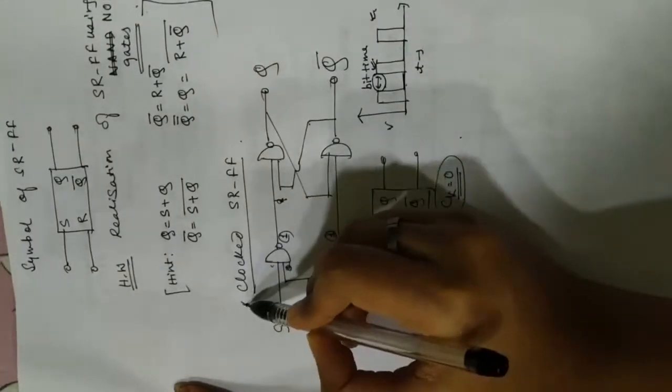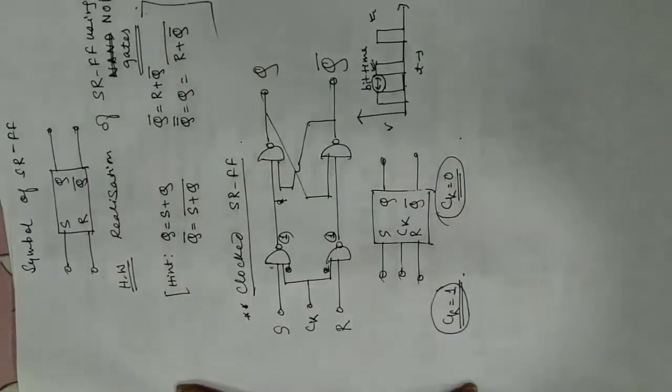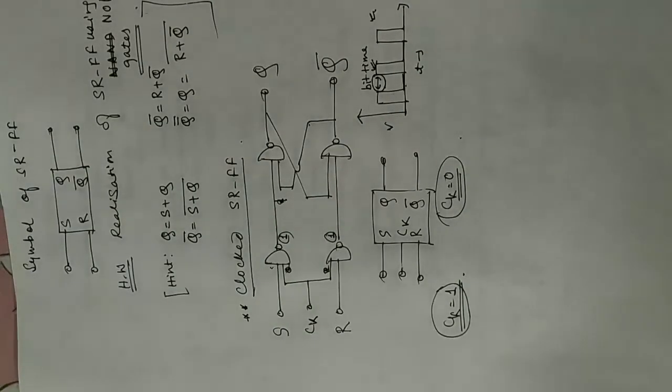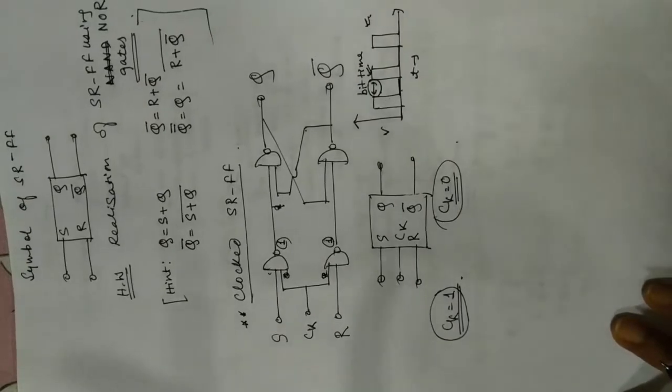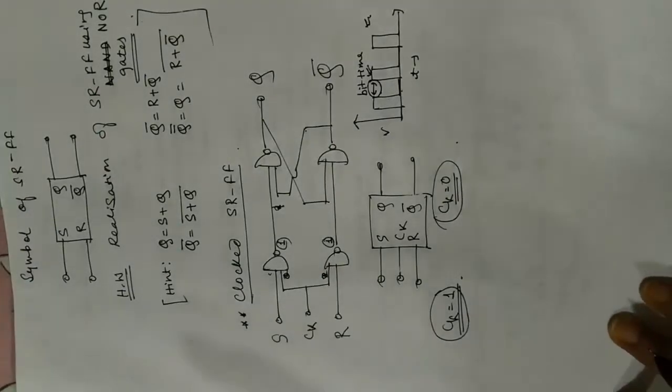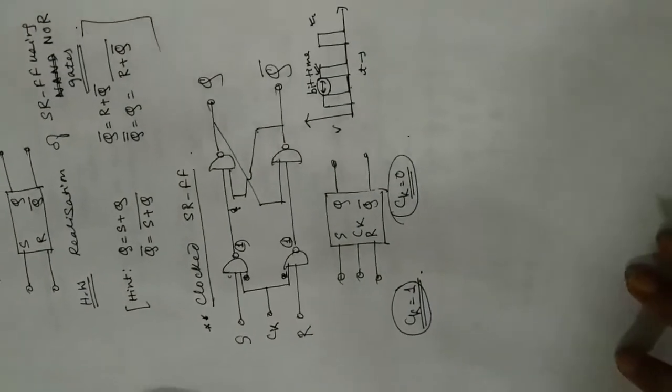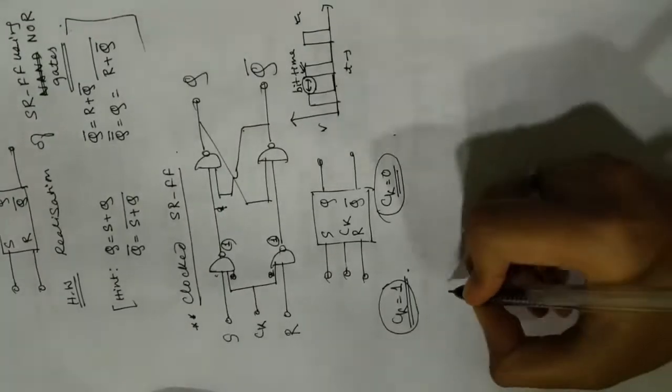So this is the help of a clocked SR flip-flop, right? It is mainly helpful in digital circuits where you have numerous flip-flops connected, because that is when the mismatch of the arrival of the input signals can happen, and at that time the clocked SR flip-flop works beautifully. Okay. So now we move on to the next flip-flop, that is our JK flip-flop.